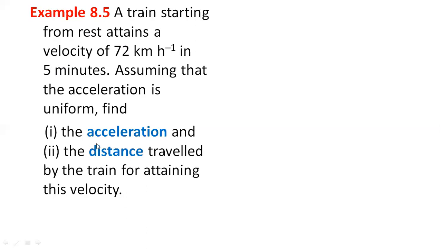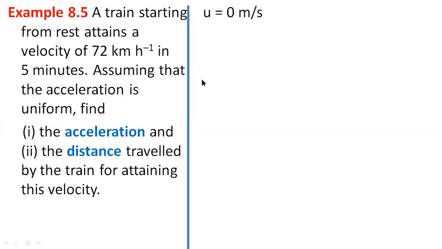So I have highlighted them for you. They are asking acceleration and distance. So first, for solving any numerical of physics, what we do, first we write down whatever is given to us in the question. So in the given data, it is at rest initially, so that means u is equal to 0. V is equal to 72 kilometer per hour, that means final velocity, and t is 5 minutes. So let me write down initial velocity u is 0. Why? Because the object is at rest. Then final velocity is 72 kilometer per hour, right?